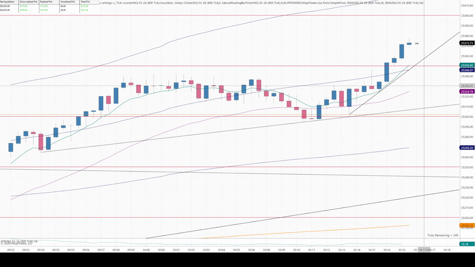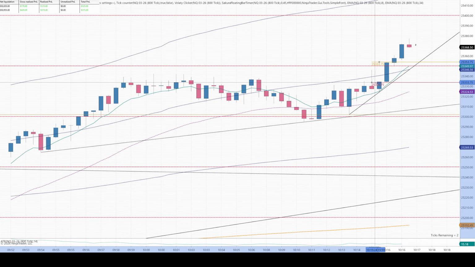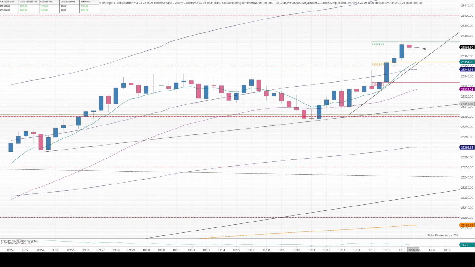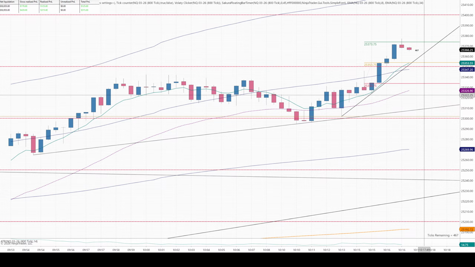Yeah, the goal is to keep your losers small and your winners big, so that if you take a few losers, you only need a handful of winners to erase them and be in green. So this bullish trade worked, hit its target. It was a 20-point move. It happened almost instantly. It's pretty crazy.